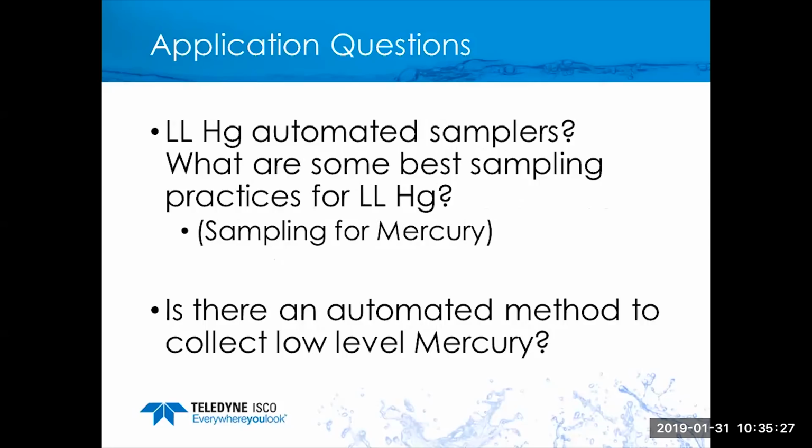These two questions are essentially related to one another. They pertain to mercury sampling, and they kind of bounce around what are the best sampling practices for mercury, and I would even broaden this to say in metals in general. Rule number one, when it comes to sampling for metals, is you want to eliminate and remove any metal components